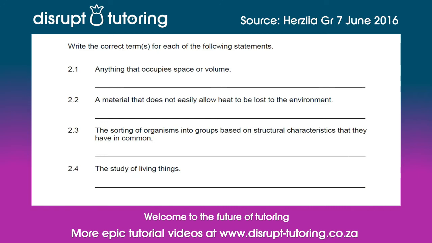Question 2.1 says, anything that occupies space or volume, this is matter. A material that does not easily allow heat to be lost to the environment is called an insulator. The sorting of organisms into groups based on structural characteristics that they have in common, this is a branch of life and living called